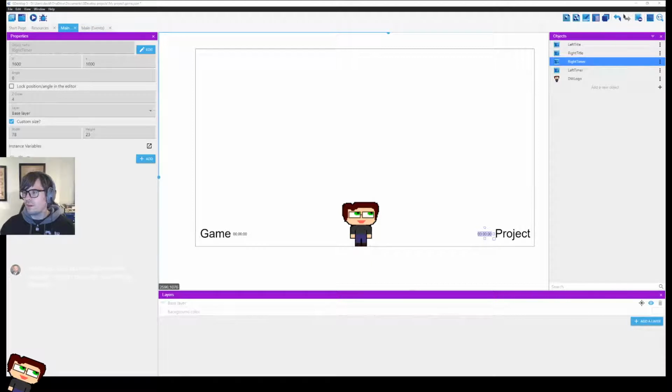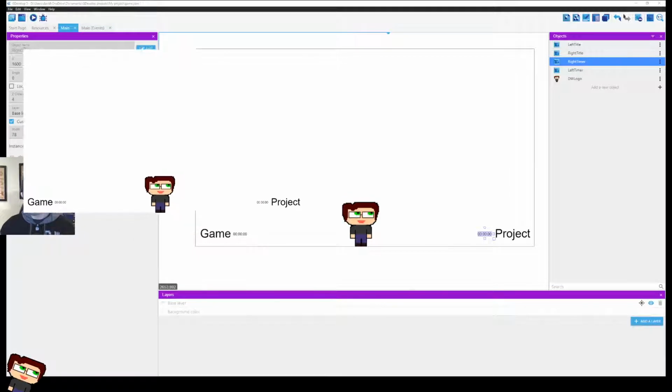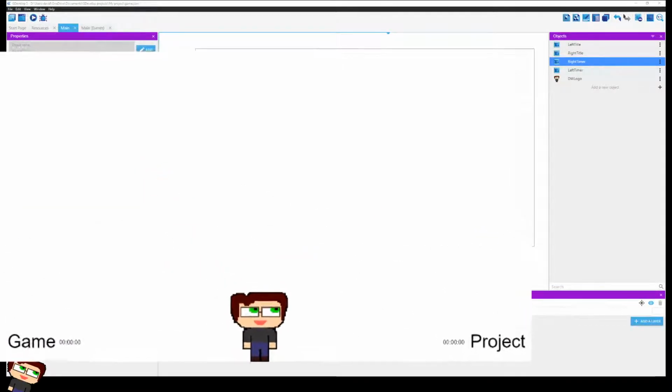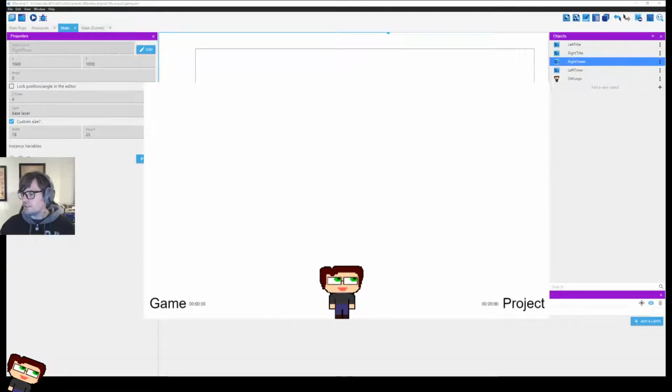Okay, so if I show you all this, can you see it? Let's transition. Get out of studio mode. So now we've got this big overlay that, if I make it bigger, yeah, this isn't going to work the way I had hoped. So let's do this: 1920 by 1080.